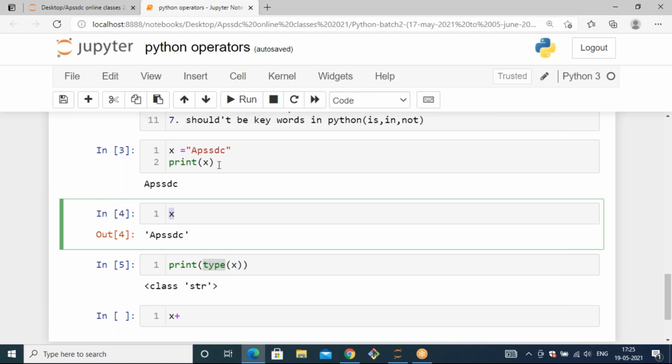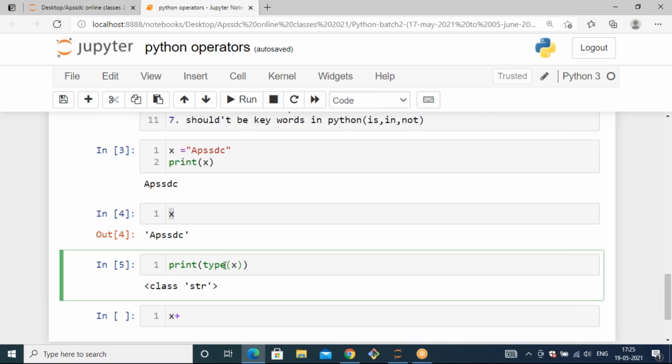After that, I want to know what data type is stored by x. I need to know, so I can use type. This type is nothing but an inbuilt method offered by Python. Because the reason we are using Python is that Python has so many inbuilt methods, to reduce the user complexity. So here we have an inbuilt method to know the data type. To know the data type, we can use type. Okay, so type of x.